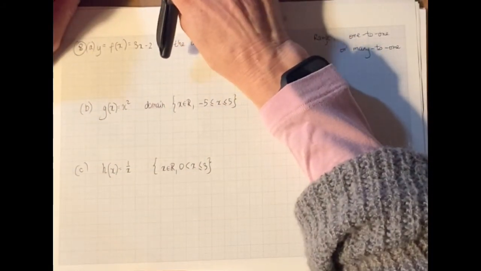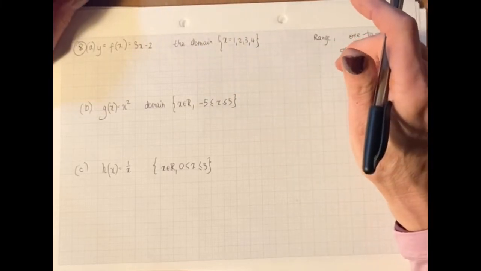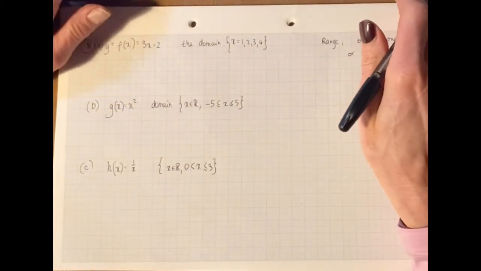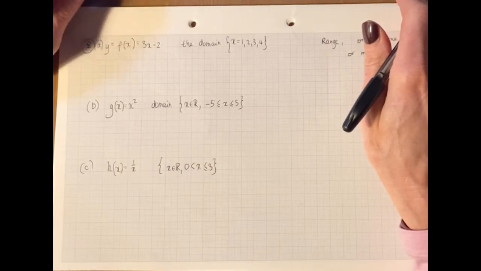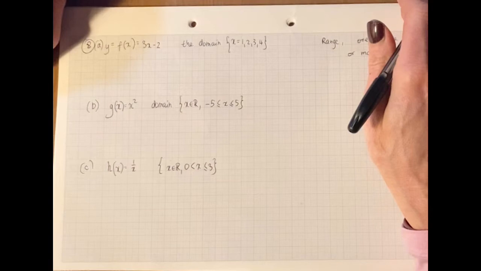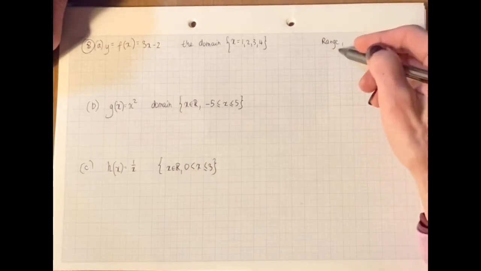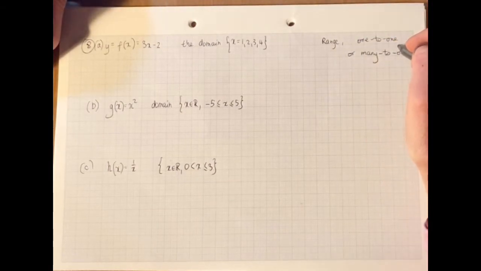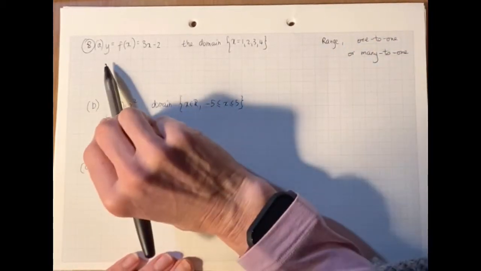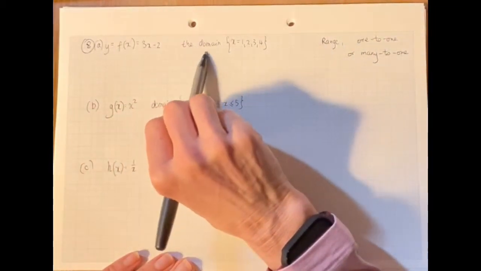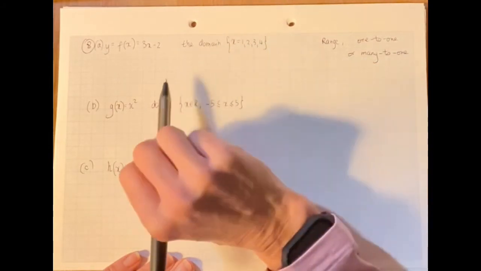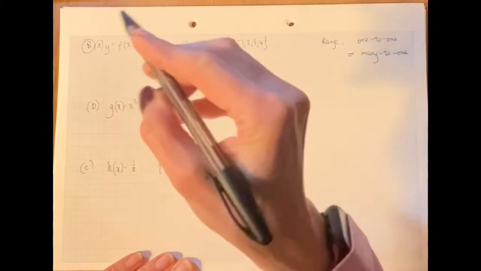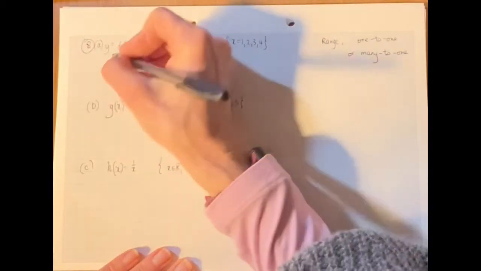In example 8, again, you've got 3 questions, and in those 3 questions, you've been asked to find the range and then state whether it's 1 to 1 or many to 1. That's right. So in this particular example, the domain is only the set of 4 numbers, and they happen to be 1, 2, 3, 4. So to find the range,